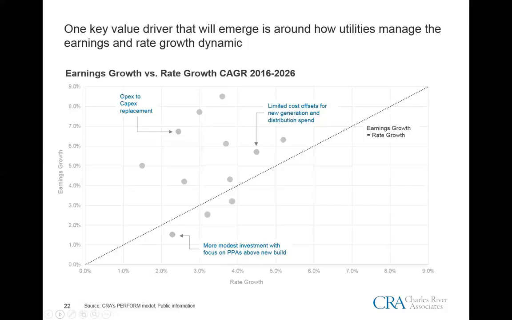And as an example, what we're pointing out on this slide is that a certain utility that was focused more on PPA renewals and less aggressive on distribution spend may have a modest rate growth, but that comes along with modest earnings growth on the bottom. Whereas other utilities that may have had projections for very similar modest rate growth were able to drive earnings growth by switching from operating costs to CapEx. And there may be ways to do that. But our point here, I think, is without understanding the landscape of other peers or others that you may be compared to, utilities may not have an understanding of where their headroom stands in relation to others.